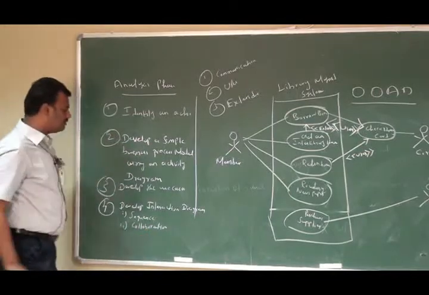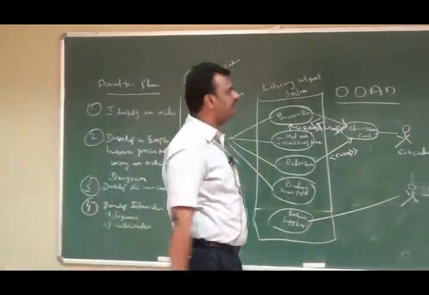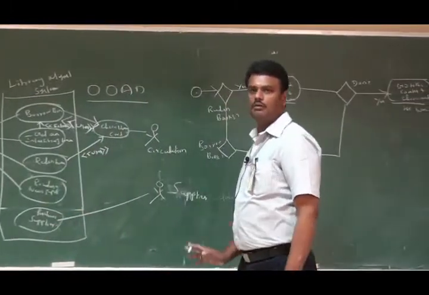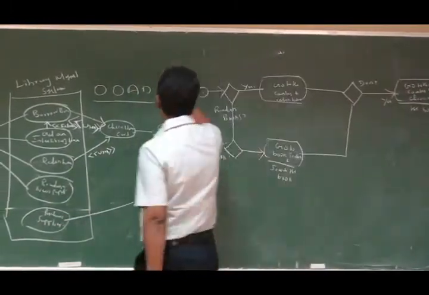Before we start the interaction diagram, what is the difference between the users and actors? The user can play more than one role, but the actor can play only one role. For example,